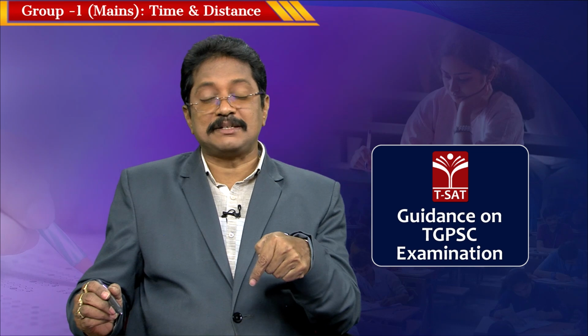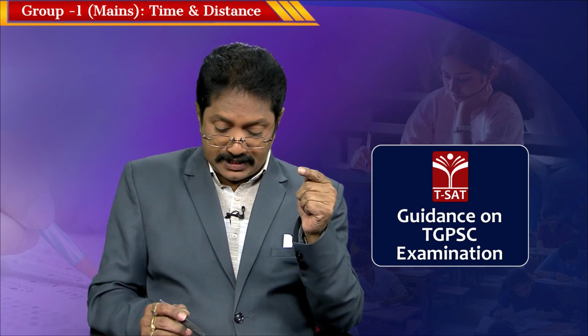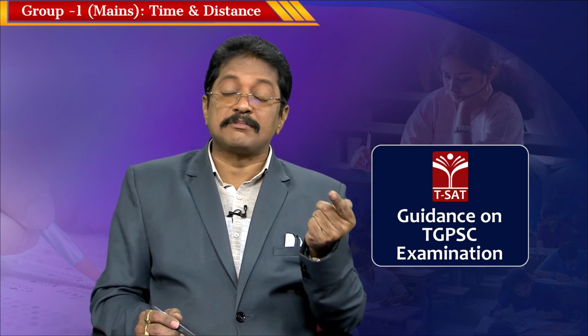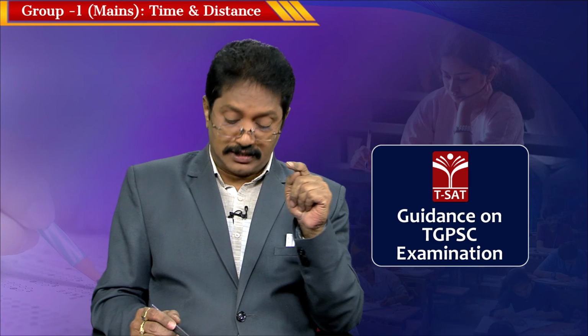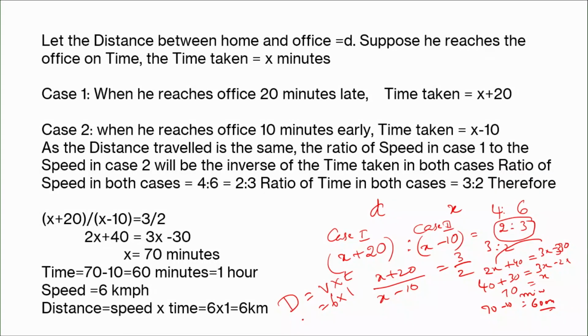minus 10, 60 minutes. 60 minutes in terms of hours is 1. So, 6 into 1, which is 6 kilometers. Do you understand? So, the distance between his house and his office is 6 kilometers, like you have to